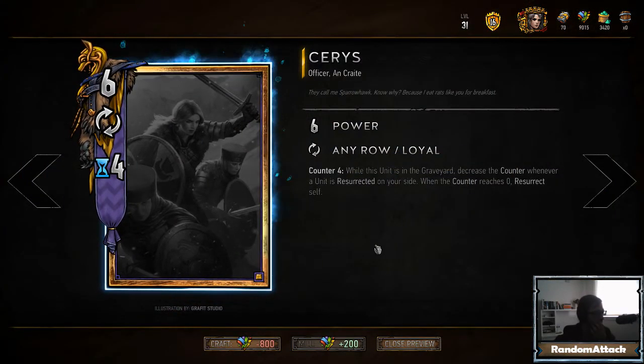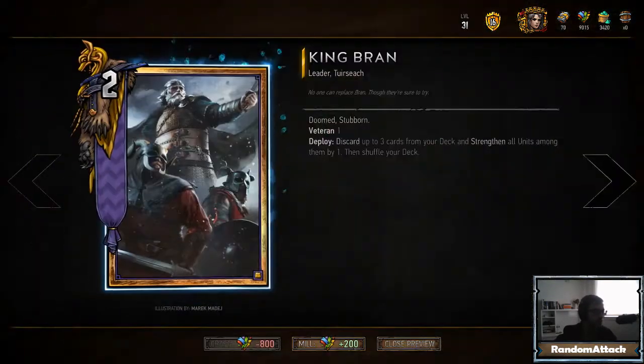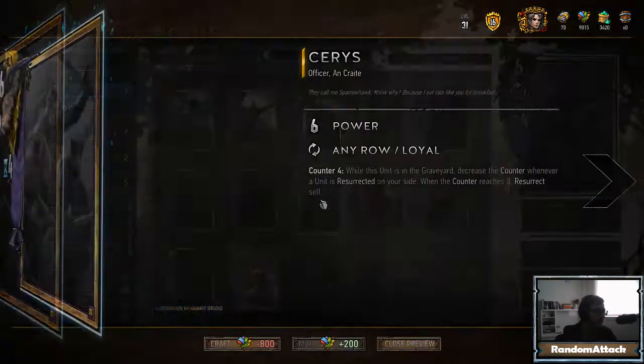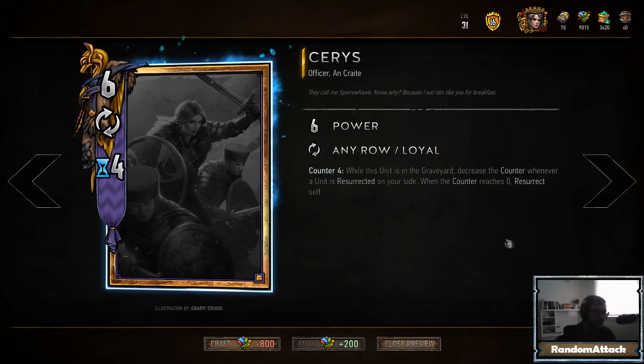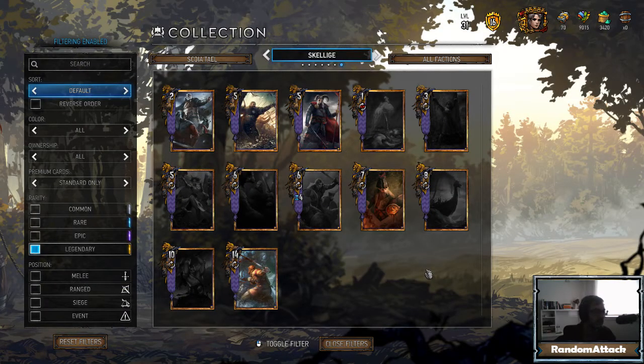So you want to discard this card from your deck. So usually use King Bran to discard her, and then start discarding other cards that resurrect themselves. You want to play Ceres in a deck like that because when she's in the graveyard, you can buff her up with cards like Blackhand or with Drakebone Dew. And whenever you ask for things, she just comes out of the graveyard and says,